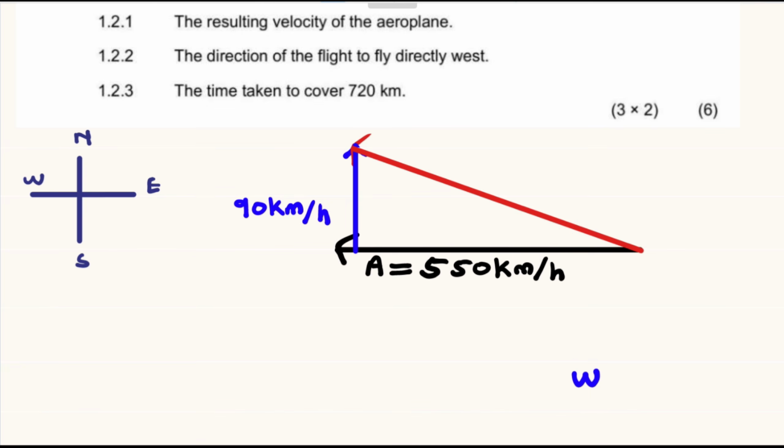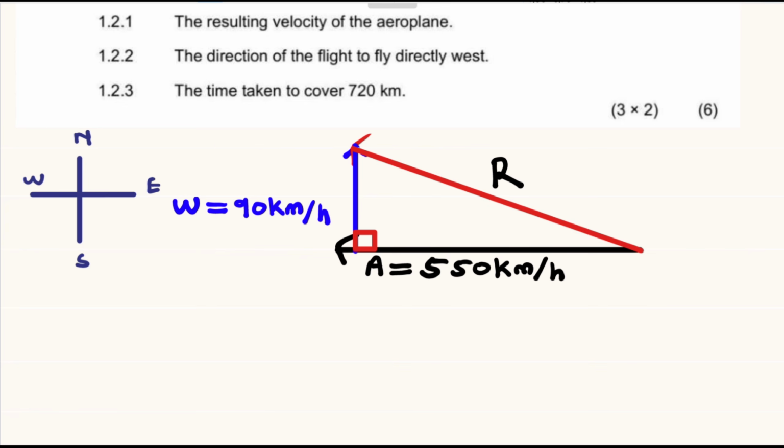We have this tail to head method, and the intentions of the aeroplane and the wind will form an angle of 90 degrees. The aeroplane intends to go directly west, but it's being pushed by the wind so that it takes the path of the hypotenuse, and the hypotenuse then will be our resultant, which we denote with the letter